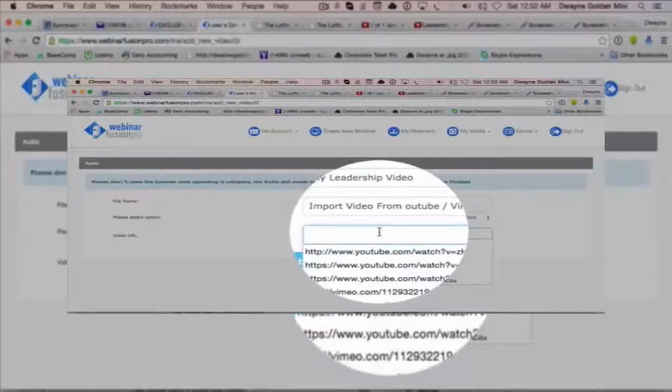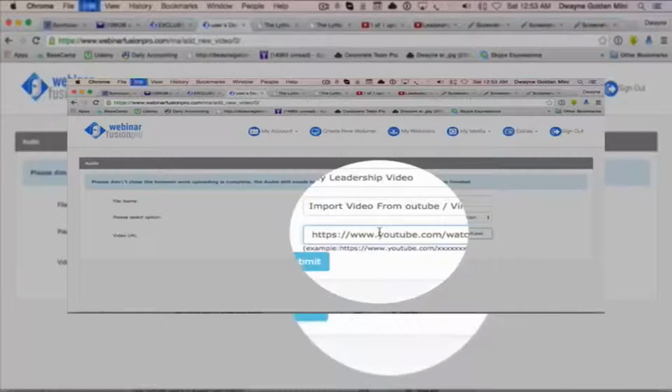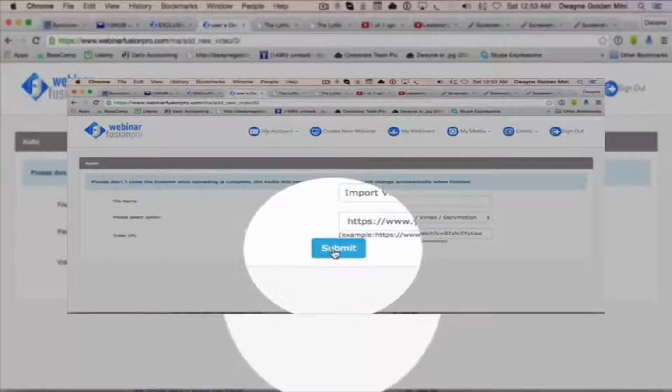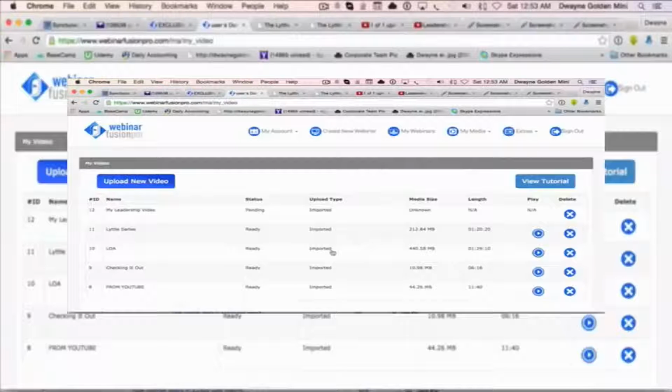Now I can do it manually just by clicking the button and finding the specific one that I want to choose. But I'm not going to do that. I want to show you just how cool this is. No need to upload if you're like me. I don't like to be bothered with converting files or all those things. If you upload it, it's as simple as manually uploading it. But if you just paste in a link from YouTube, the rest is history. You submit, and voila, it's already started the importing process.